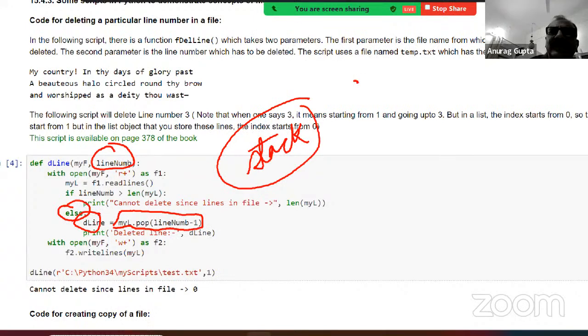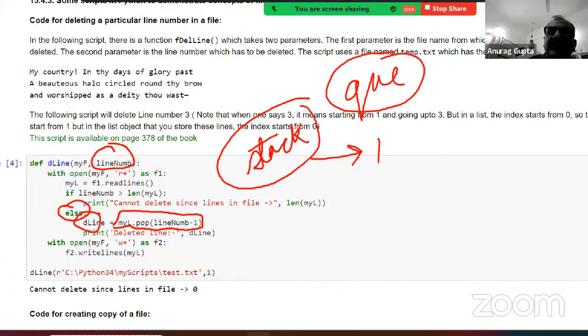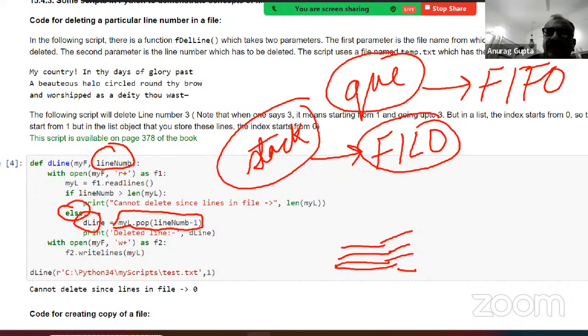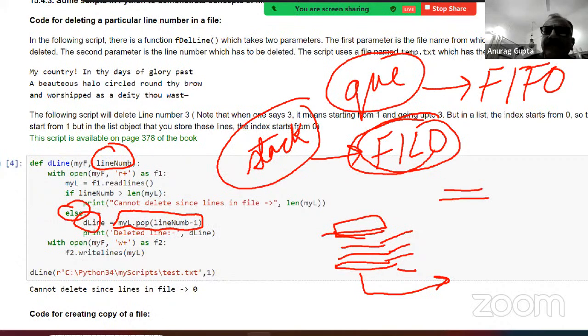There's a stack and a queue. Let me just tell you in a minute. A stack is what is called LIFO, last in, first out. Think of it like a stack of plates. You put plates on, this is plate number 1, then 2, then 3, then 4, then 5. Now you want to remove a plate. You can't remove the bottom plate. You can only remove the top plate. So what has gone in first will come out last. So first in, last out. That is a stack.